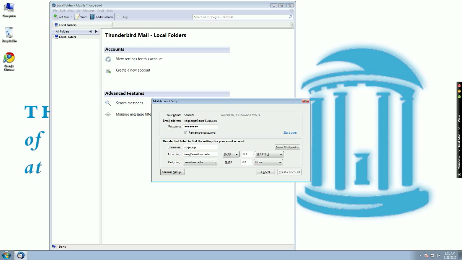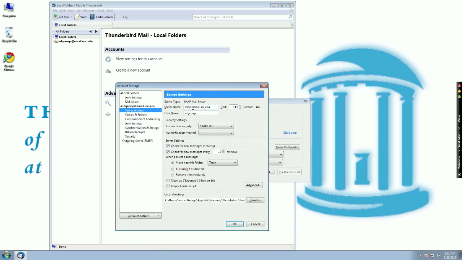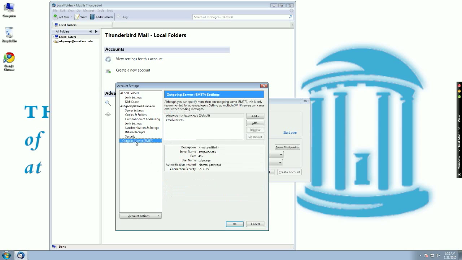Alright, so it's going to take a guess, which for UNC is an IMAP, but we have some issues going on with these two settings. So we want to go to Manual Setup. Under Server Name, type in imap.unc.edu, since UNC has an IMAP type server. We want to keep our username there. We want to use SSL security, authentication password, a normal password, and that should all be fine. These are just some other settings. They're all fine. For outgoing server here,